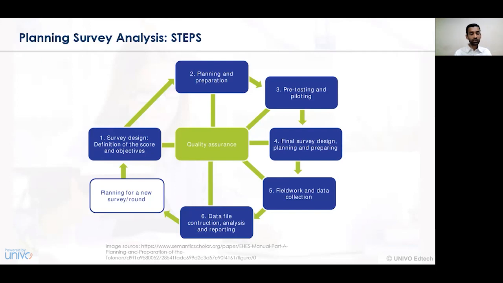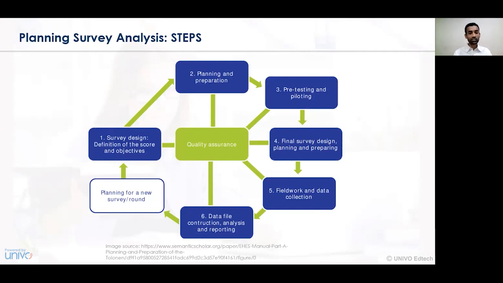While designing the survey, we need to take into account the objectives of this particular study and how we identify and continue with the scope of the study being undertaken. When the first step has been completed, we move towards the second step, which is planning and preparation. Here we need a proper plan, a set of coordinated, series of activities, that is, which step or activity will be undertaken and how we go ahead with the plan. Accordingly, planning and preparation of data collection, collection of information, analysis of information, output generation and interpretations, all of these activities need to be planned.